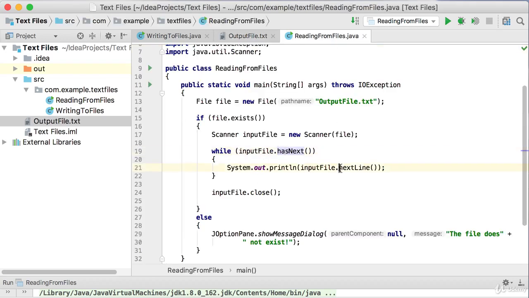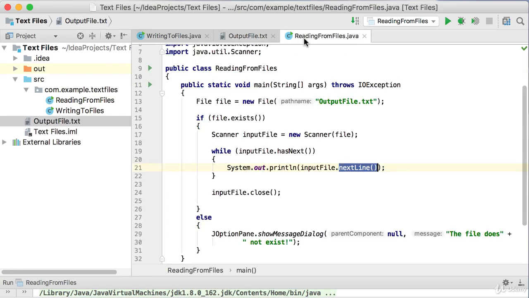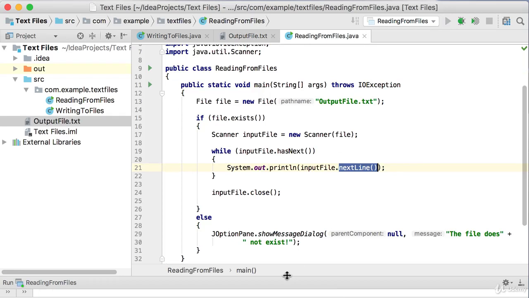And then how do we increment? By using one of the next methods. So it's either nextLine or nextInt or nextDouble that will move the pointer to the next line, to the next line, to the next line, until it reaches the end of the file, and then the loop will stop. Okay, so let's run this application quickly and see if it gives us the same output that we